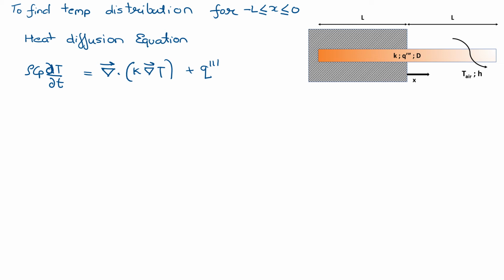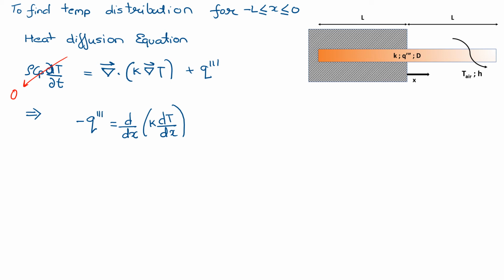So our heat diffusion equation is rho Cp times the variation of temperature with time equals del dot K times del T plus the heat generation term. Now because it's at steady state, our term on the left will go to 0,